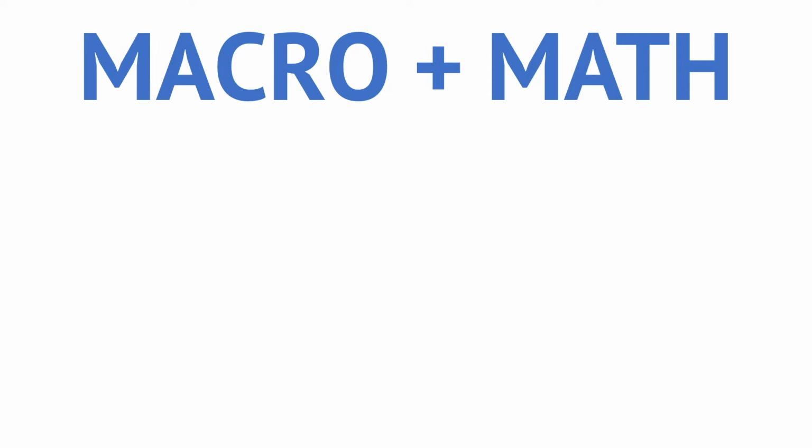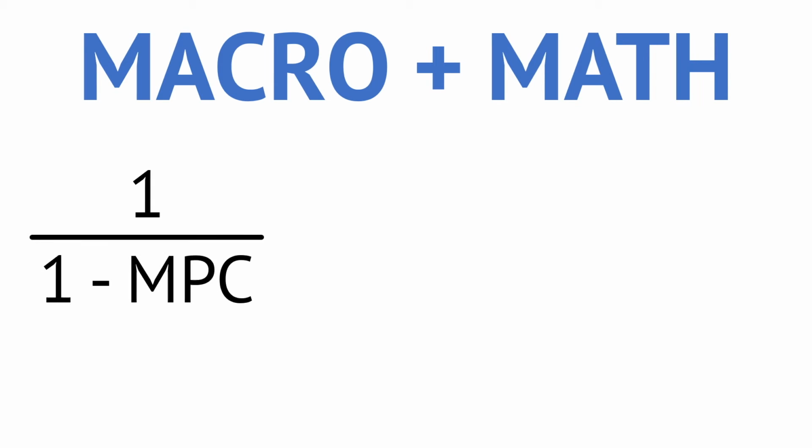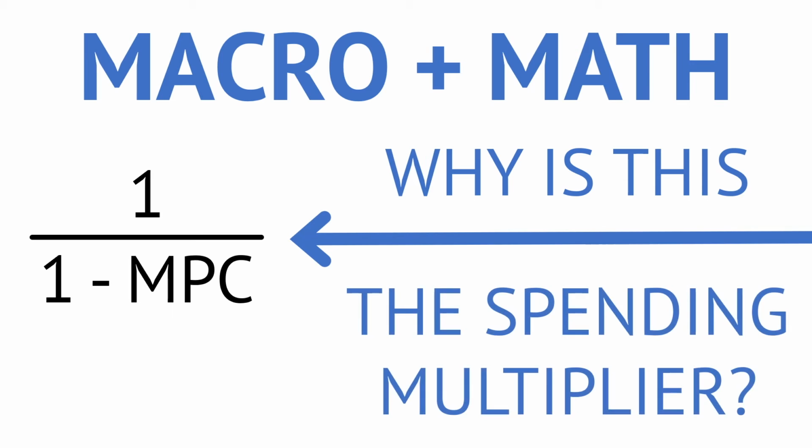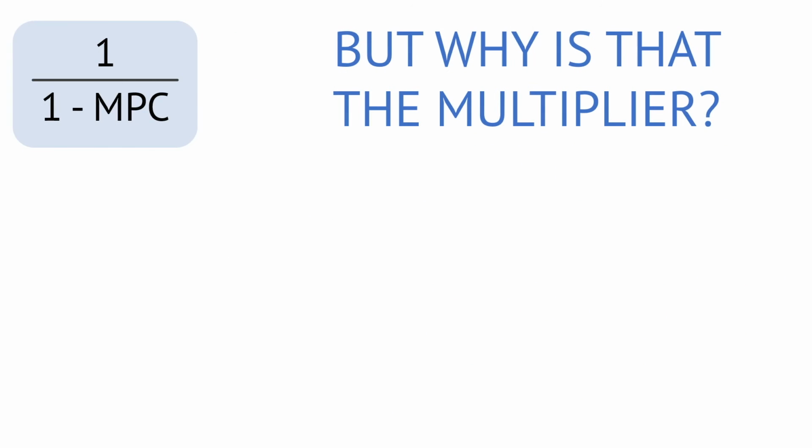If you've spent time around macroeconomics, you've probably seen this: 1 over 1 minus MPC. You probably know this as the spending multiplier. But what I want to talk about today is, why is this the spending multiplier? So when it comes to talking about the spending multiplier and how we arrive at 1 over 1 minus MPC,